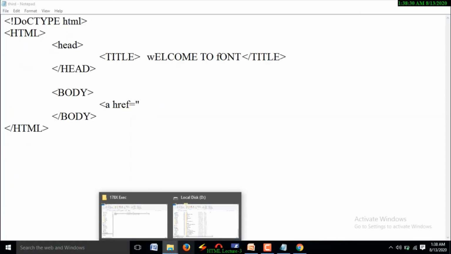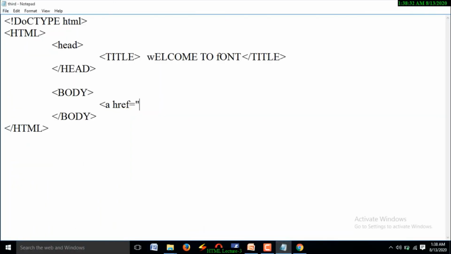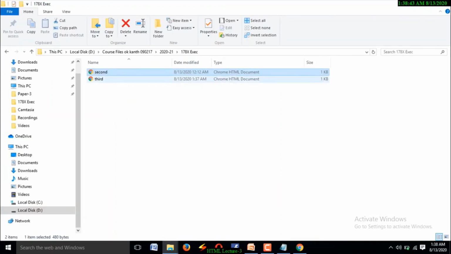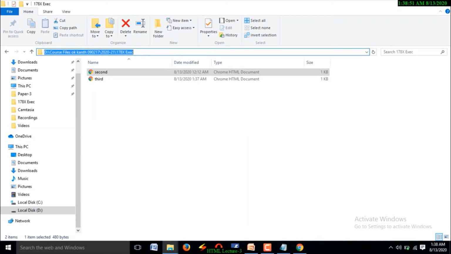Now we are working with which web page? Which HTML document? Third HTML document. The third HTML document generates the third web page, and after clicking on the third web page, I need to visit the second web page. So here I need to mention the location of the second web page.